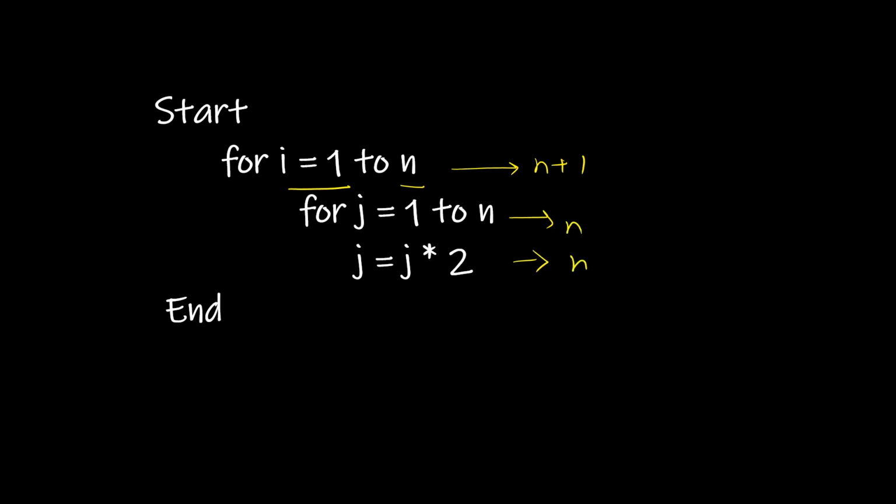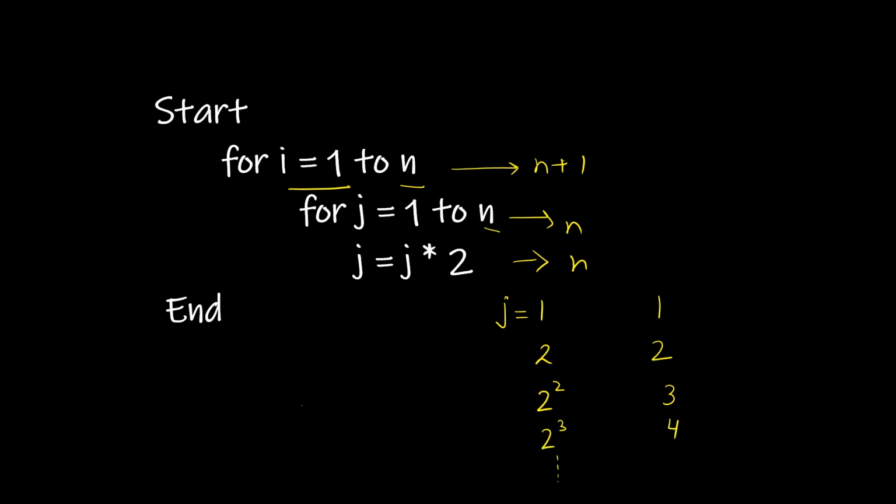Our second for loop starts at index j equals 1 and increments up to n. But it does not increment by adding 1 every time. It increments by multiplying by 2. So let us see how many times it runs separately. For j equals 1, it will run 1 time. For j equals 2, it will run 2 times. For j equals 2 into 2, which is 2 square, it will run 3 times. For j equals 2 square into 2, which is 2 to the power 3, it will run 4 times.